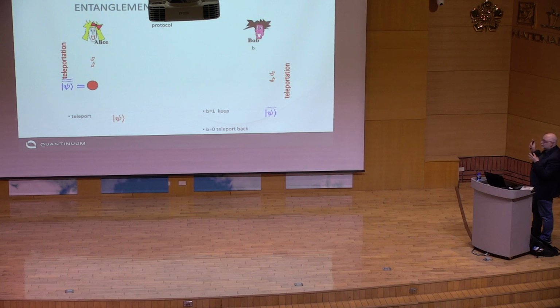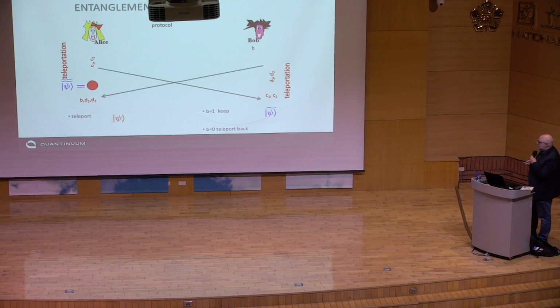And this all goes instantaneously, right? I mean, there's no timing in this. This all happens in no time. And then what they do, they send to each other. Alice sends these corrections C1 and C2 to Bob, and Bob sends back D1 and D2 plus B to Alice, right? This is all classical information, so they can also make a copy and keep it to themselves.